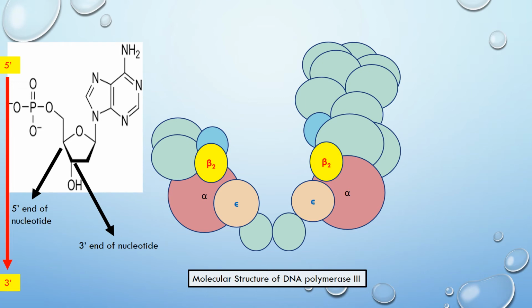The second subunit of DNA polymerase 3 is epsilon. This epsilon subunit carries out proofreading. It will check whether the correct nucleotide has been added or not, while the beta 2 subunit will bind tightly with the DNA template strand for the purpose of replication and for the correct addition of new nucleotides. DNA polymerase 3 progressively threads the DNA through the enzyme complex, moving at a rapid rate, some 1,000 nucleotides per second.